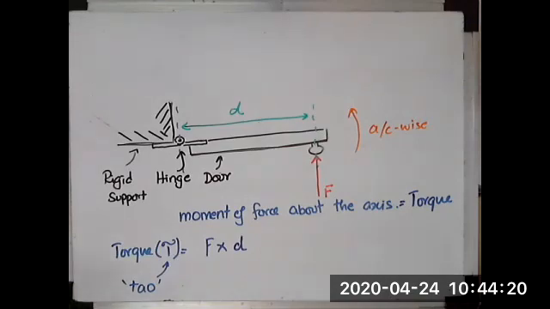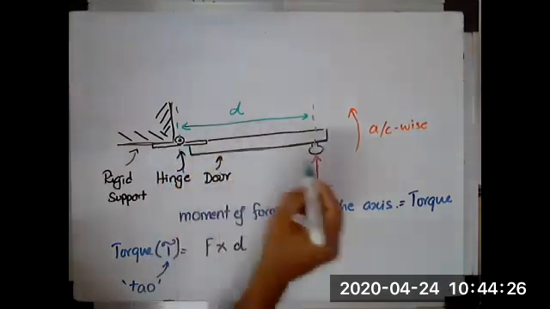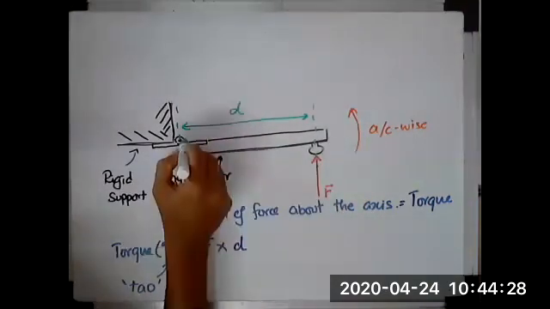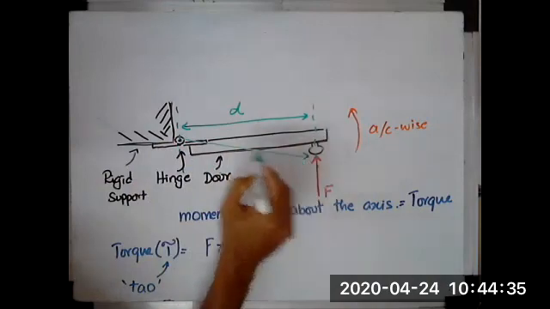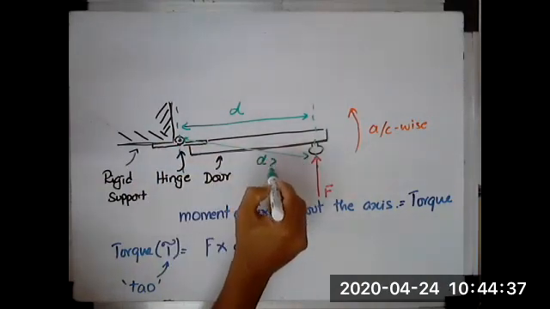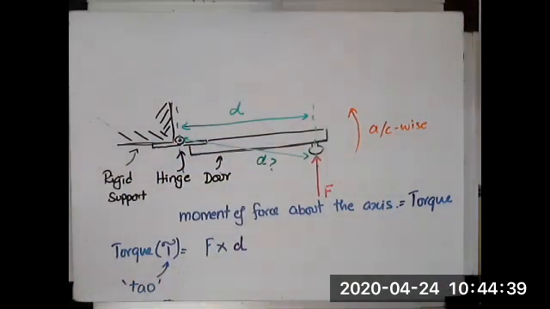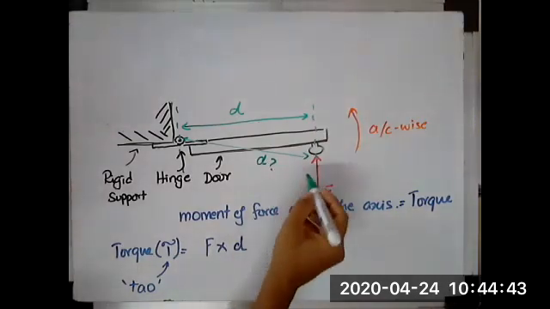What should I keep as the distance? Will you say that the point of application of the force to the actual axis of rotation, should I keep that as the distance then? Right now I gave the simplest possibility, which is